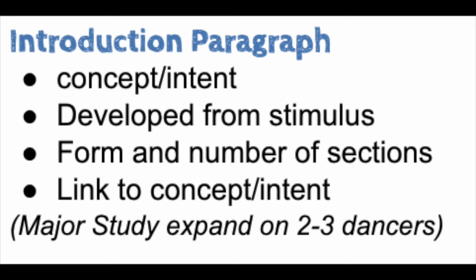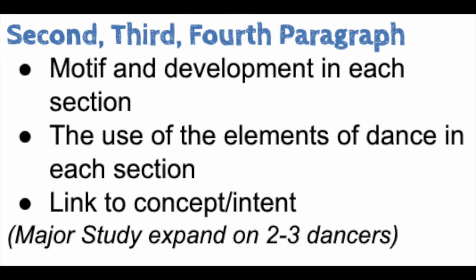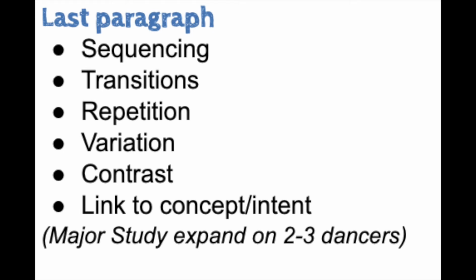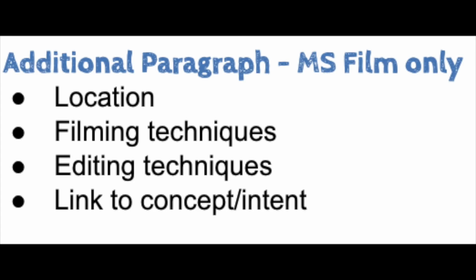Use an introductory paragraph to identify your concept intent, outlining your choice of form and number of sections. Then include 1 to 3 paragraphs discussing your use of motif development, phrases, and the use of the elements of dance within each section. Finally, include information on the structure of your dance work, referring to transitions, repetition and contrast, and variation. Major study film candidates should also include an additional paragraph on your choice of location, filming techniques, and